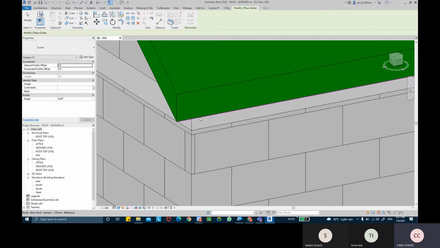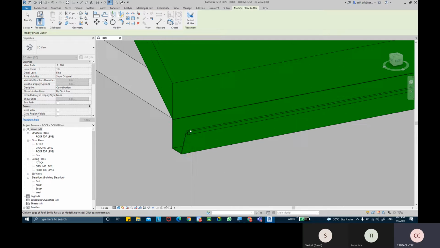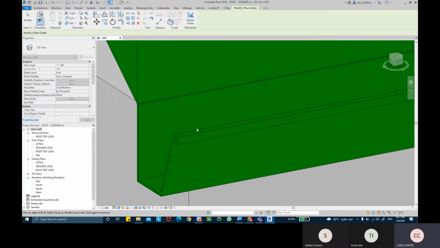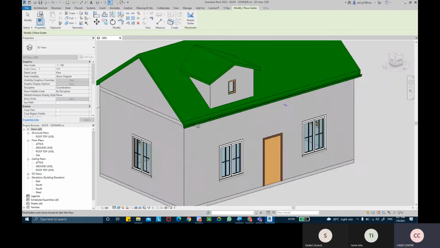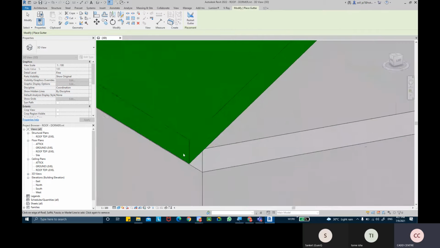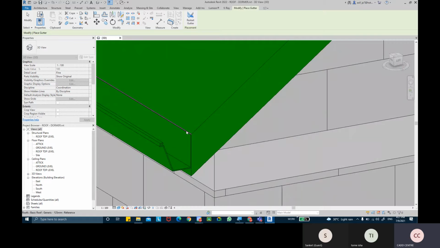When I pick it, you will see that a gutter, a profile gutter, has been created, and it's hanging from that edge because I picked that edge. And if I select the top edge, maybe from here, it would be hanging from that particular edge. So you need to select the edge line in order to apply the roof gutters.